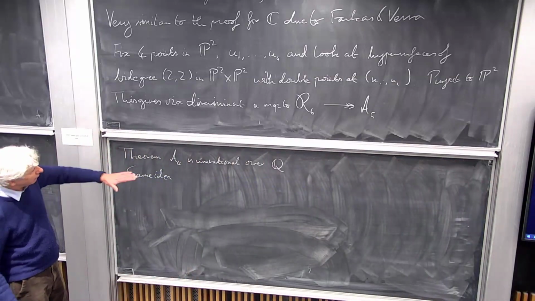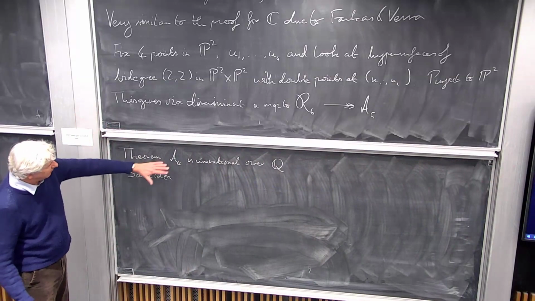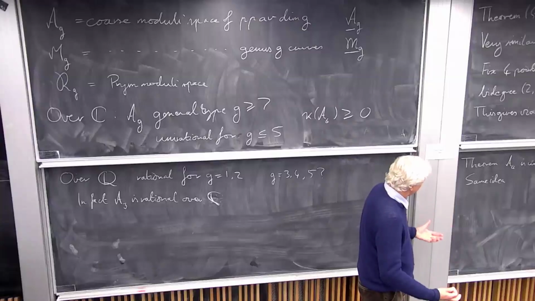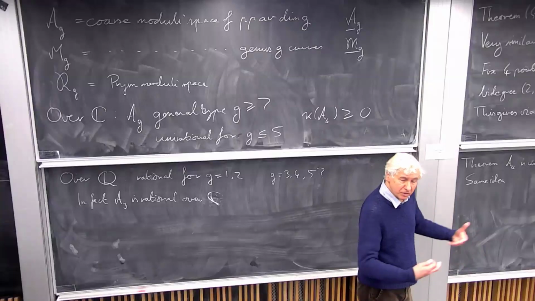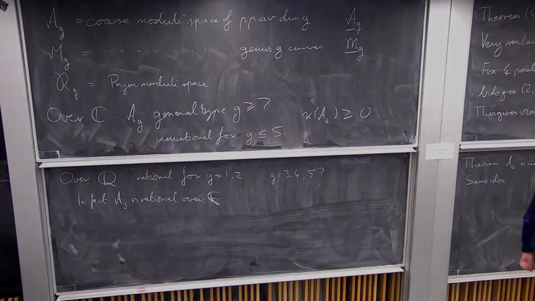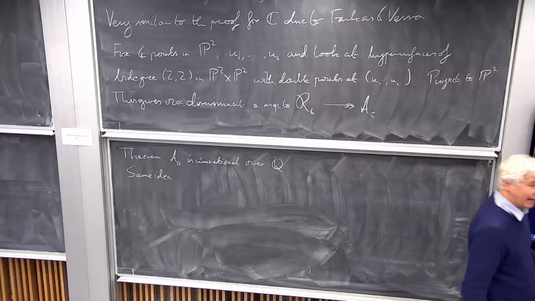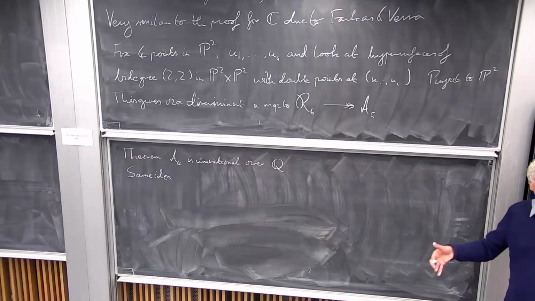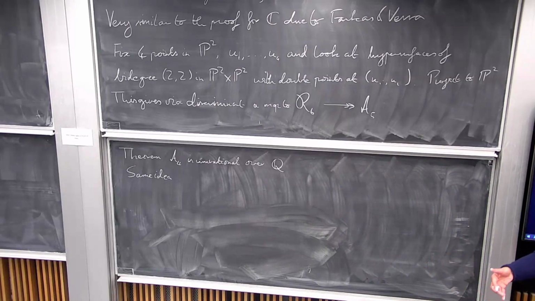We could, in principle, do that over non-closed fields, but it's much less clear. The intermediate Jacobian is historically an analytic construction. You produce a complex torus, and then you somehow produce an ample line bundle on it analytically, and then you say, oh, it's an abelian variety all along in this particular case.